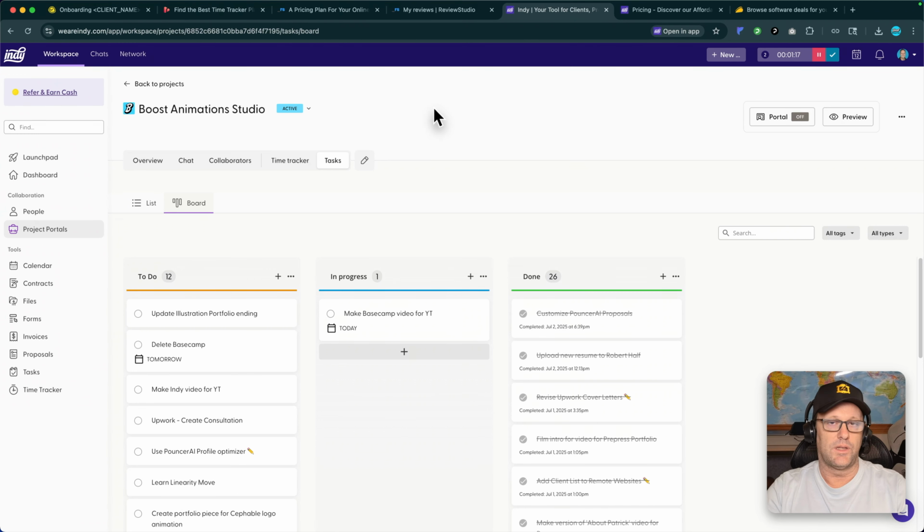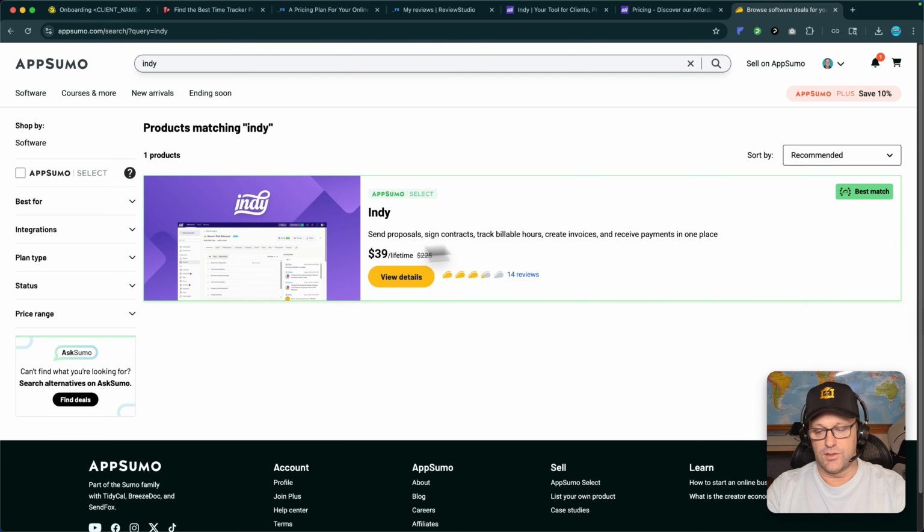But this video is really just to say I found myself a good project management software, and it's called Indy, and it's basically taken the place of three different tools that I was using before, and seems to cover everything that I need, including having a client-side portal that clients can log into, being able to mark up your videos with revisions, and invoicing, time tracking, calendar. I mean, it's got a ton of stuff. So if you're someone that's working on your own and you're using multiple tools, I would say go give Indy a try. And for $39, if you can get this deal while it's still live, I would just get it,